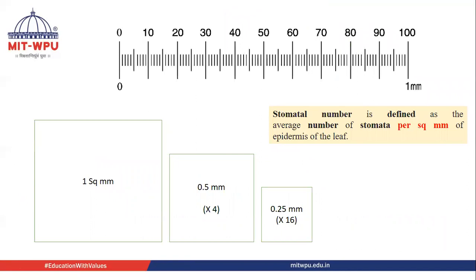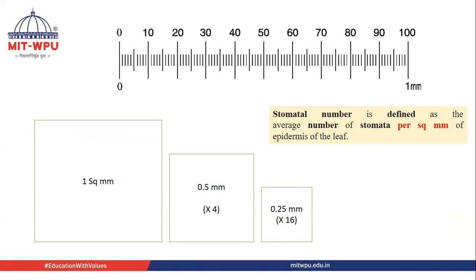First, what we have to do is take a scale, keep a stage micrometer on the stage, and look through this camera lucida hole. And already we have kept the paper on the platform. So I can see the scale on my black paper. Now I have to place a point. I will be using a white pencil. So mark point 0 and then mark the point 100. So this will be a 1 mm scale.